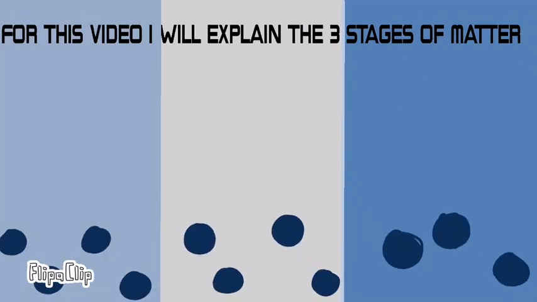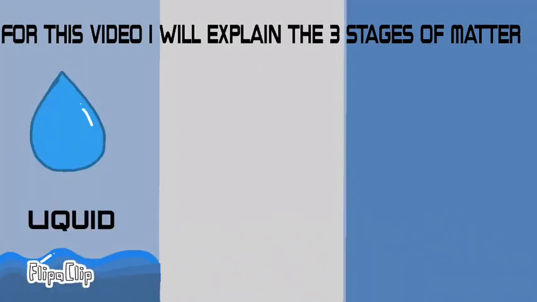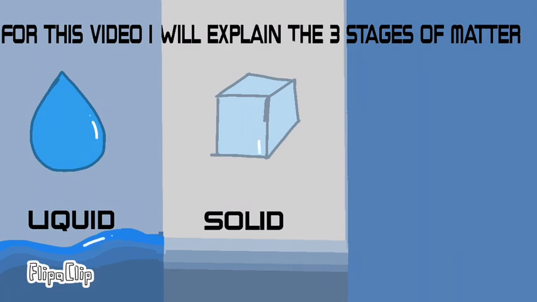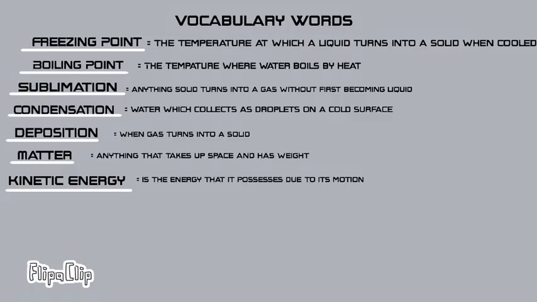For this video, I'll explain the three stages of matter: liquid, solid, and gas. The vocabulary words are freezing point, the temperature at which a liquid turns into a solid when cooled; boiling point,